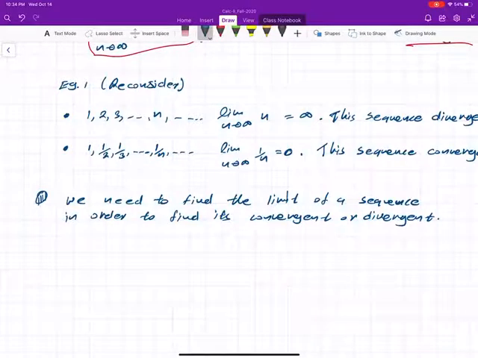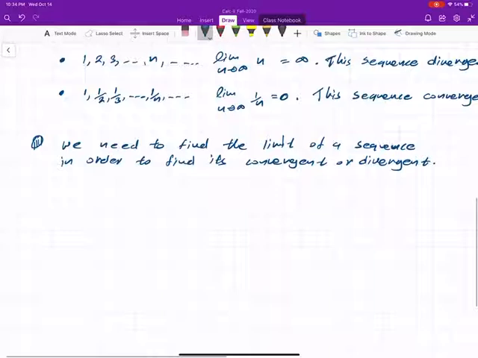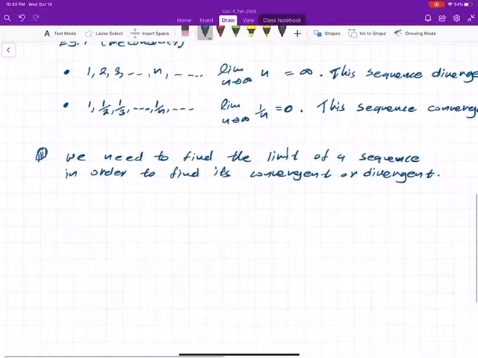All right, you understood that already. We have to find the limits before talking about convergence or divergence. In the next pointer,